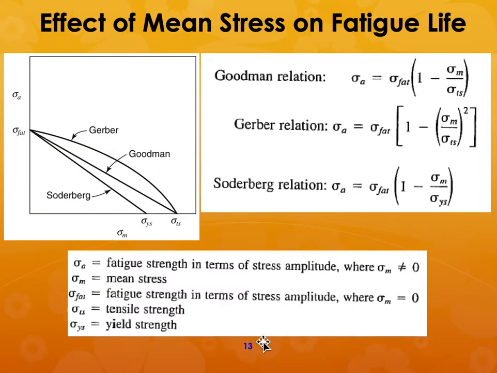Now, there are a couple of different ways in which you can figure out the fatigue life. So what is the safe stress level that you can apply? There are multiple relationships that you can apply. The most common one is called the Goodman relationship. So if you know the safe fatigue stress, the mean stress level, and the tensile strength,